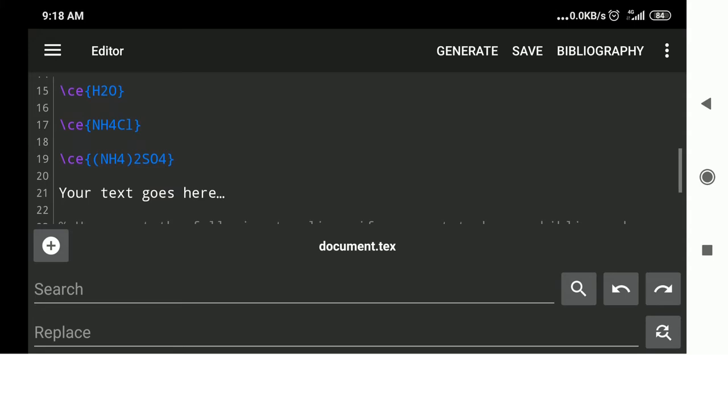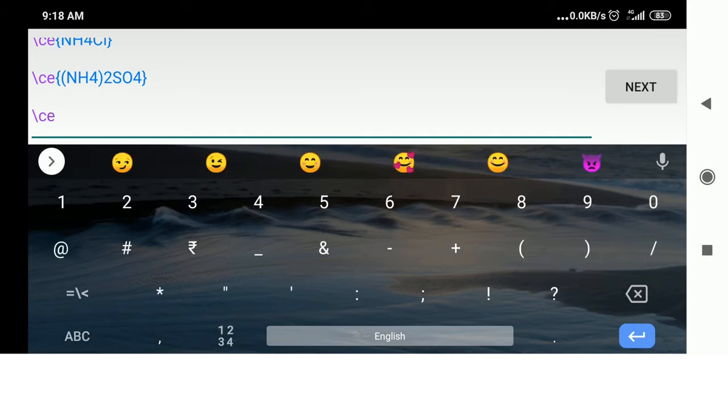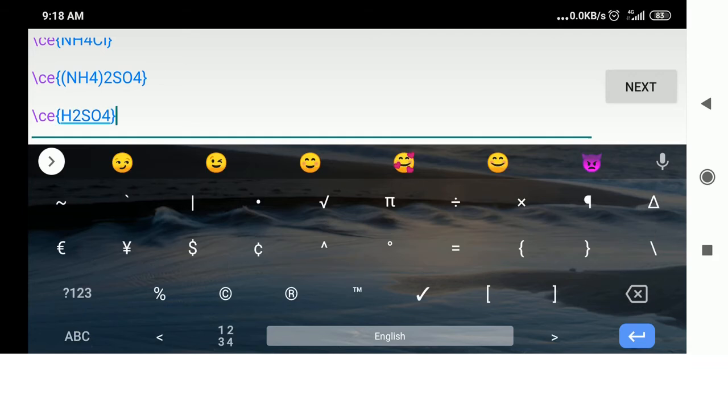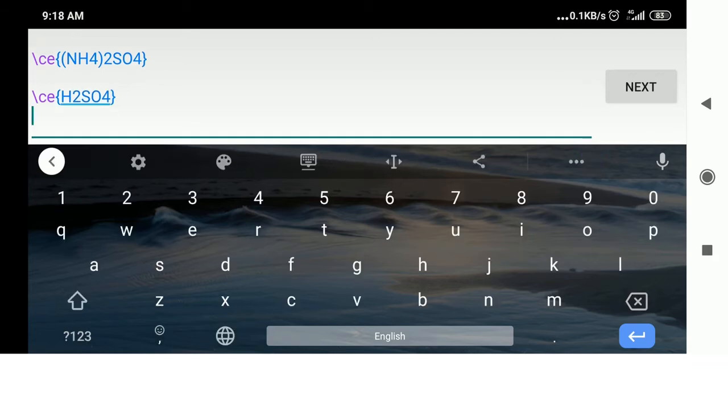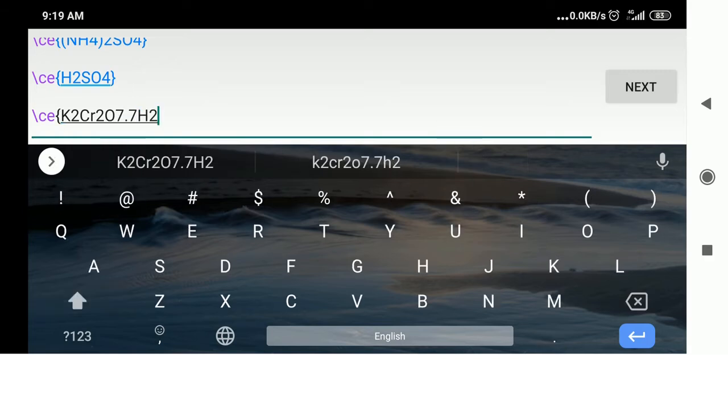Now we'll remove that "your text goes here", and we'll type another chemical name there, \ce curly bracket H2SO4. We'll go for another one, \ce. This time we'll go for an addition compound, that is K2Cr2O7.7H2O.